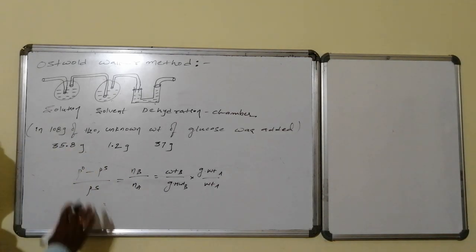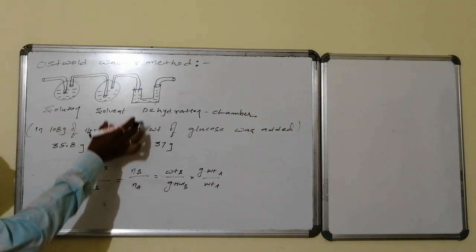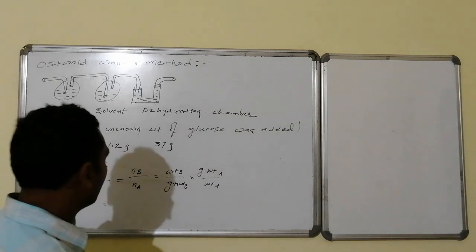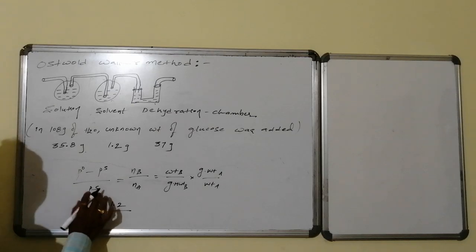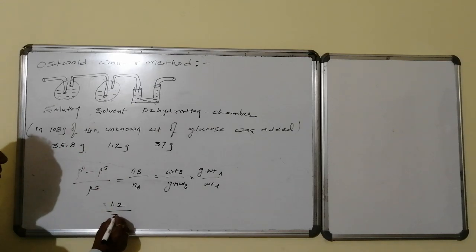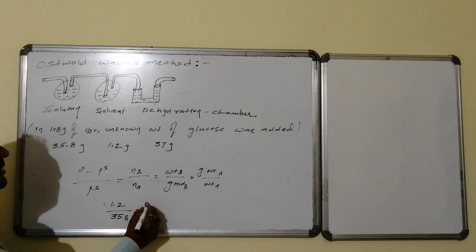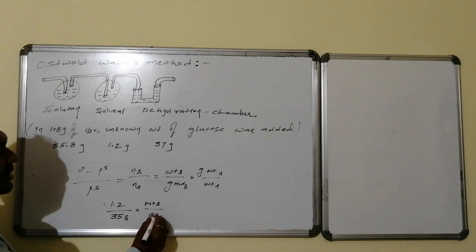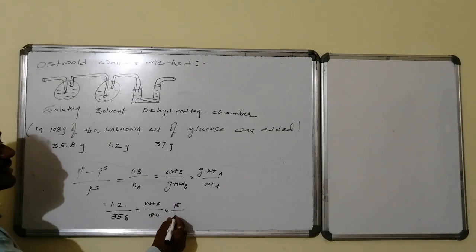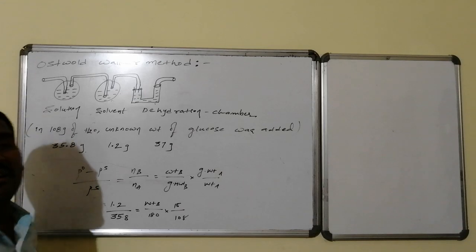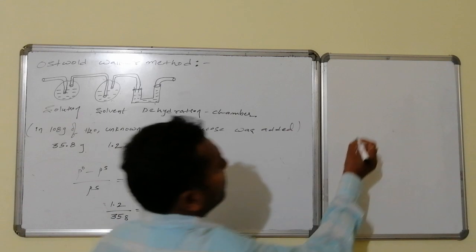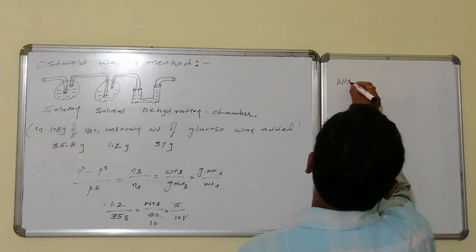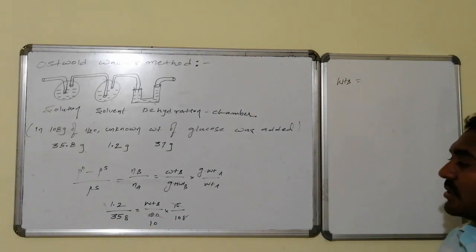Whereas P0 minus Ps is proportional to weight loss in the solvent chamber, that will become equal to 1.2 divided by the vapor pressure of pure solution. That is, the solution will become equal to 35.8, that is 35.8 will become equal to weight B that we want to calculate, whereas gram molecular weight is 180, whereas water is 18 divided by the weight of water, 1080 grams. So therefore this will become equal to 10 times. Thus weight B will become equal to, that is, the weight of electrolyte added will become equal to weight B.